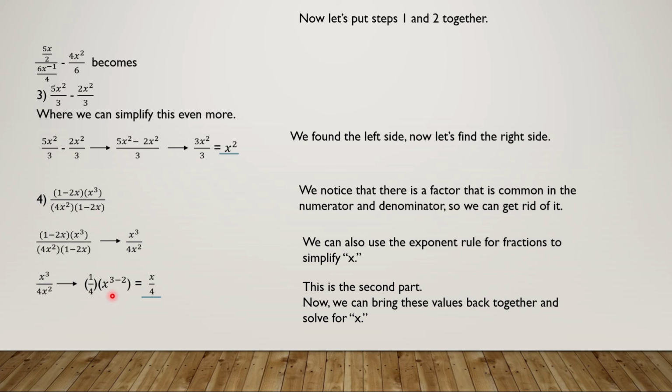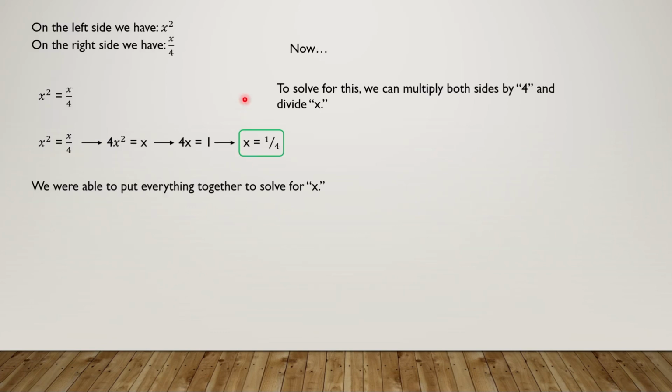And what you would do is take the difference in the exponents, so it becomes x raised to the 3 minus 2, which just becomes x, and you would remultiply that x by 1 over 4, and x times 1 over 4 is just x over 4. This is the answer to the second part. So now what we have on the left side is x squared, and what we have on the right side is x over 4. In order to solve for this, we can apply one other way that we learned, which is